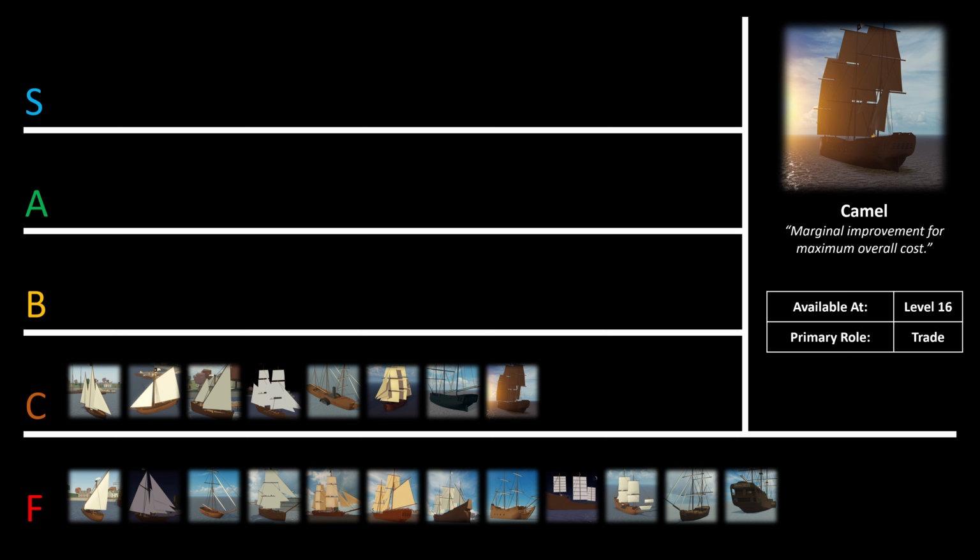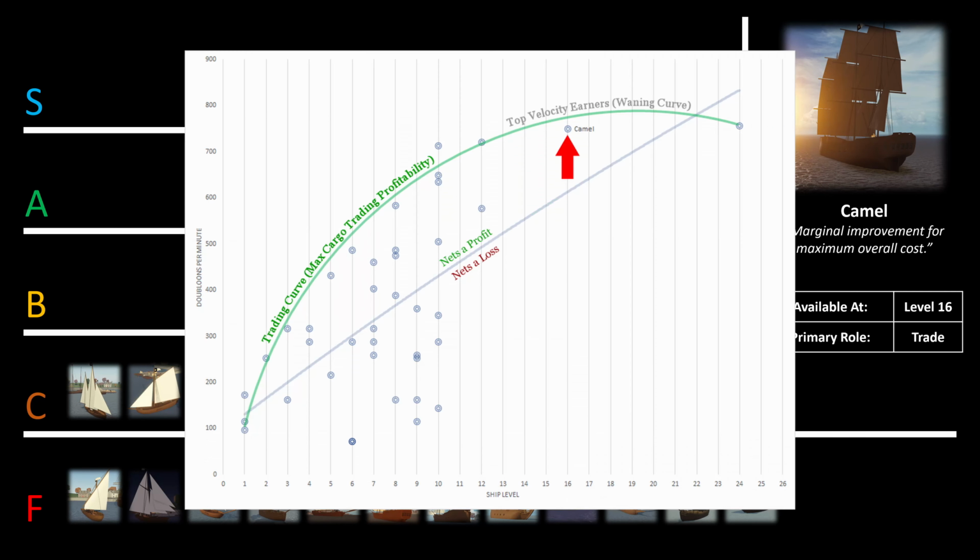Remember when we said that personal bias would be excluded from our tiering model? Well, here's the defining reason why. The Camel, a level 16 trade ship and the current flagship of our whole trading company, but it is clearly a C tier ship. This rating comes despite its top performing trade velocity among all the trade ships in the